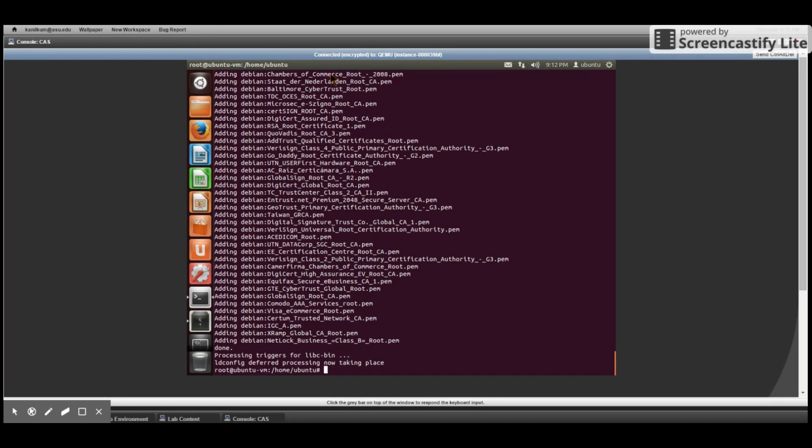Now we need to create a key to access the server. Let's create a key using keytool. Let's keep the key size at 4 megabytes. That's 4096 bytes. We need to generate a key with the alias Tomcat, and the algorithm that we're using is RSA, and we're going to store the key as